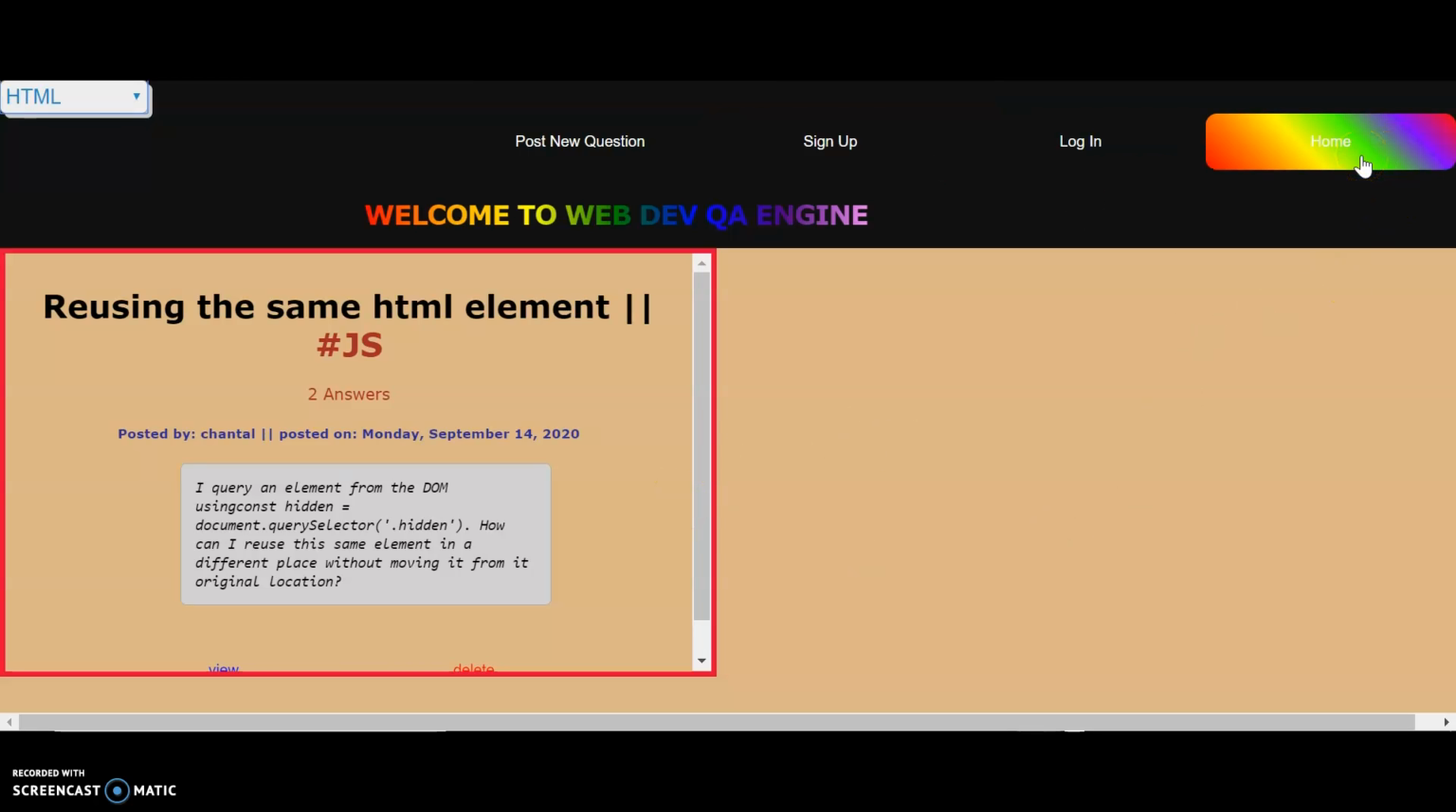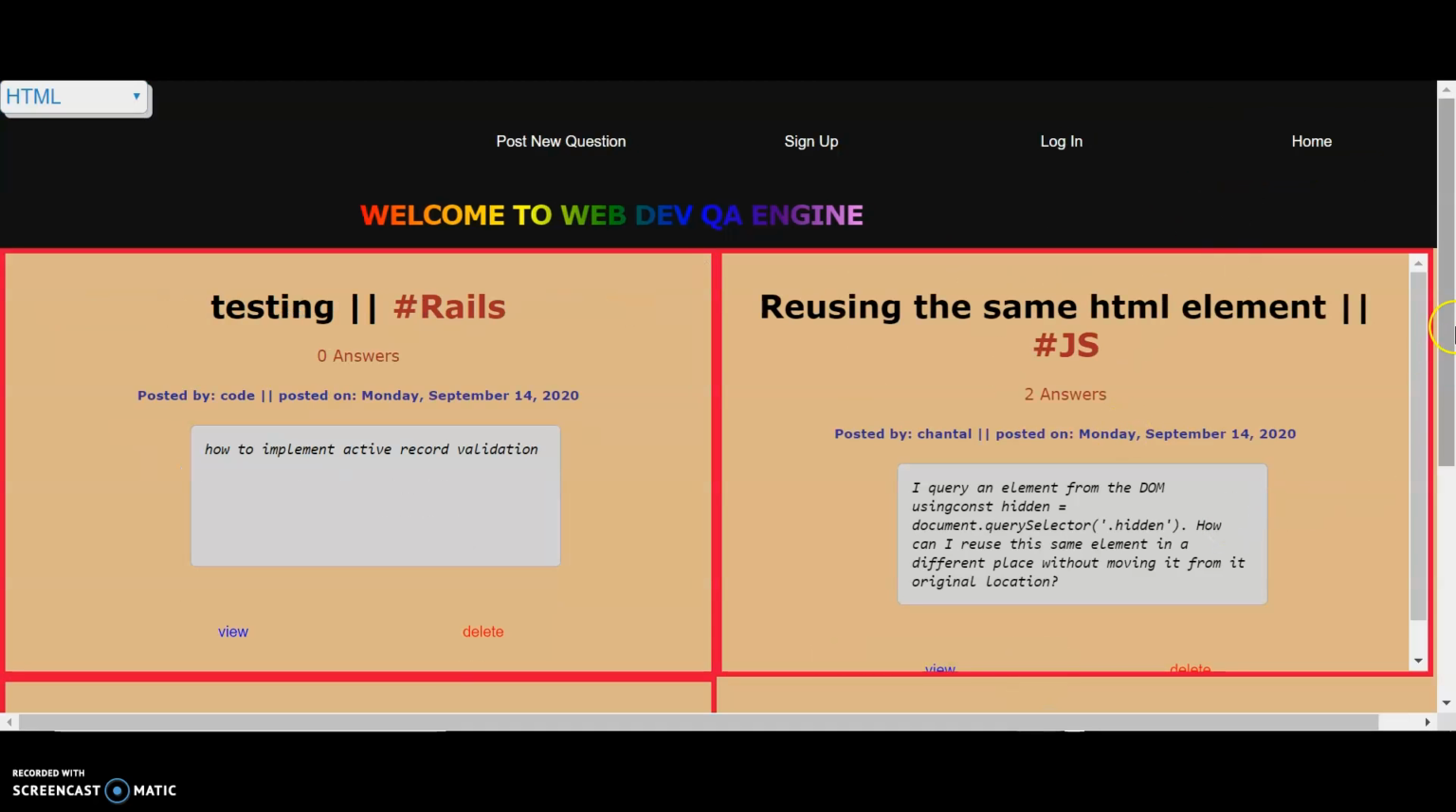Or we can always render everything. To render everything, we can just hit the home page and everything will be back to the first page. So that's it for my